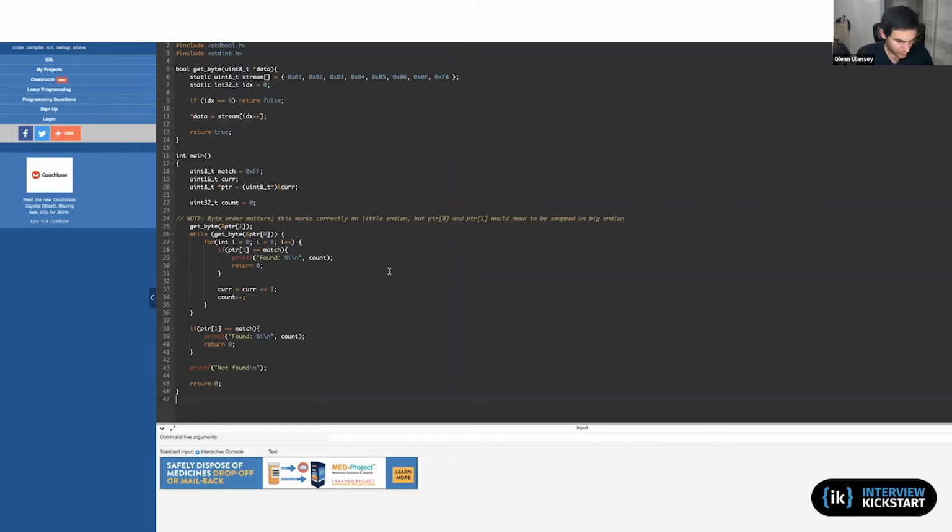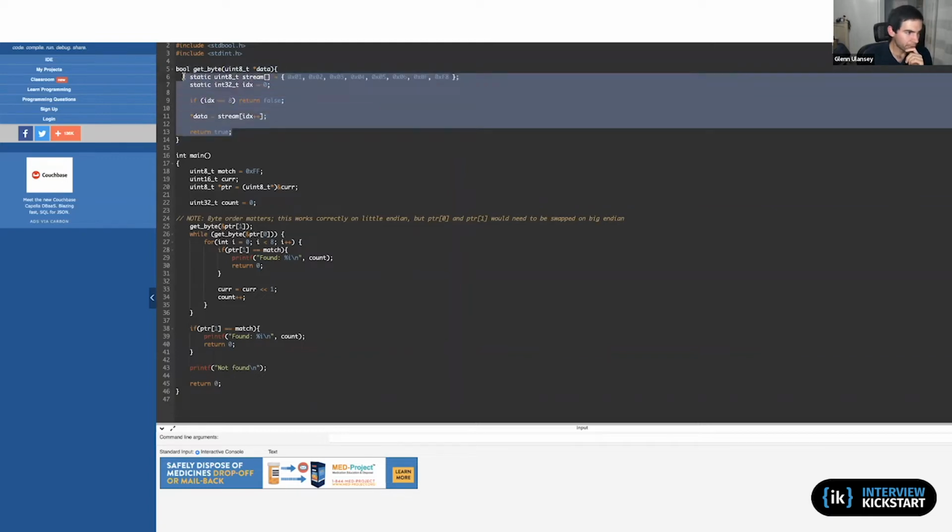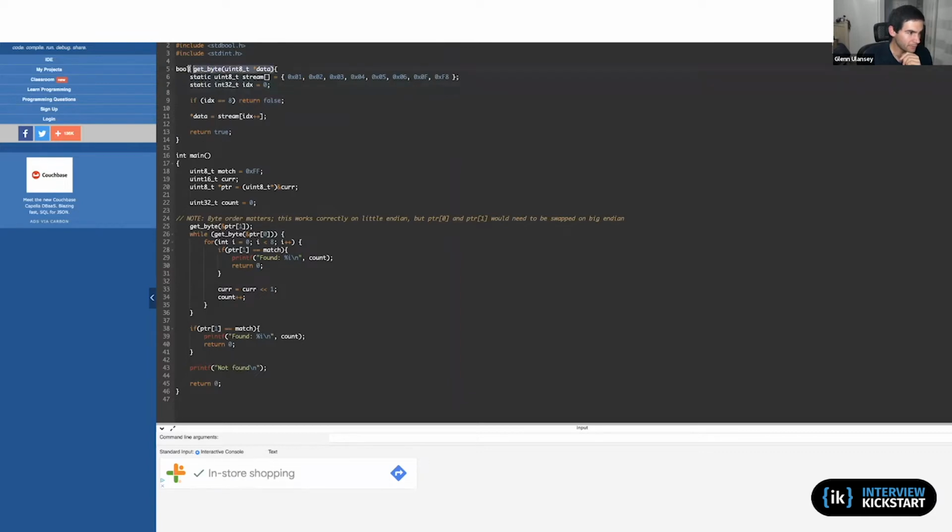Let me talk through what the code I've written is, and this wouldn't be unreasonable code for someone else to write as well. Here I have this getByte function I mentioned before. I happened to implement it so that I could run my code and test that it works. Obviously, if they just gave you the prototype, you would just need to implement against it.